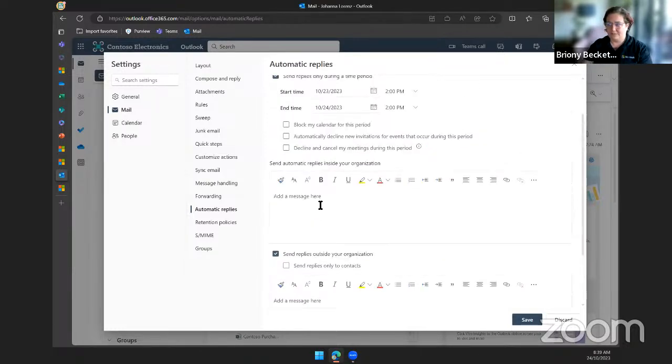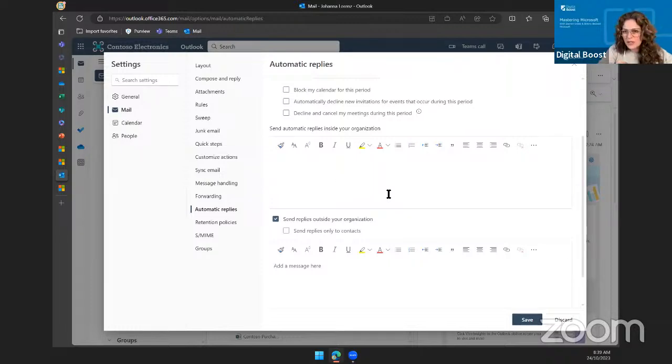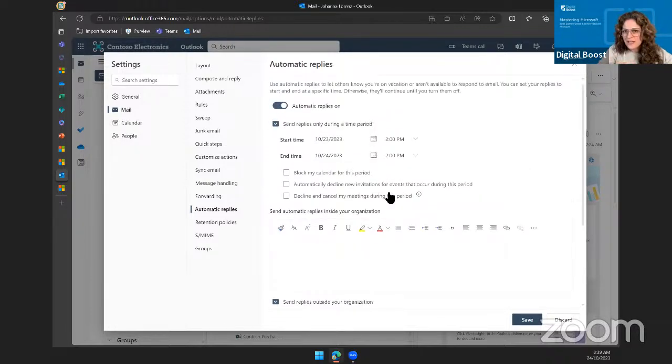But yeah, you can set that up as differently as you want. But if you wanted to copy and paste the same message between the two, you can do that as well. One example here in the chat is, can I set my out of office to be recurring every Friday without needing to remember every week? Would that be in a block my calendar? Could you do that as a recurring?